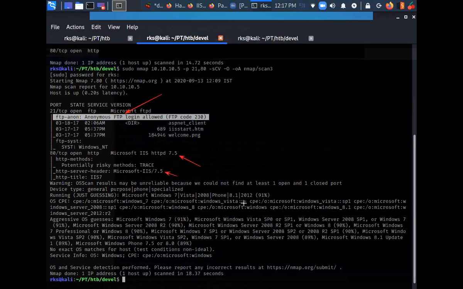Okay, so that means that, but on the other hand, in the browser, we were able to see the version as 7.0, right? So probably Nmap is providing you with the more appropriate version. Okay, so as of now, we are not going to lock the target operating system. We are just going to consider both of the options, like it can be Microsoft Server 2008 or 2008 R2. Okay.